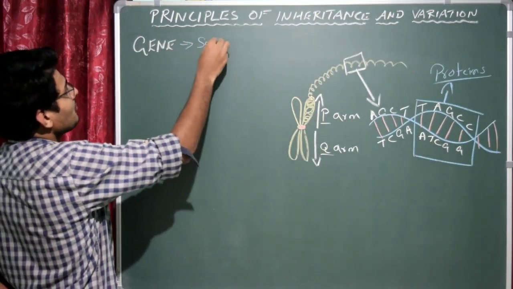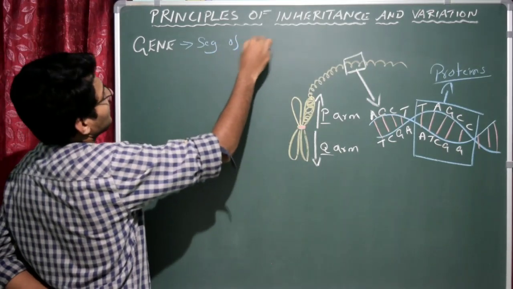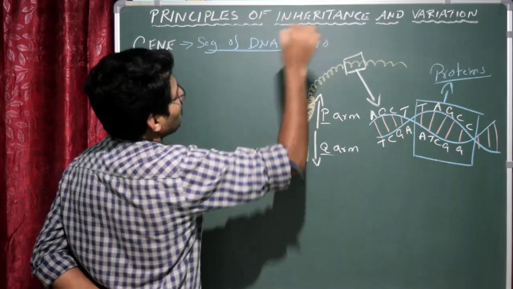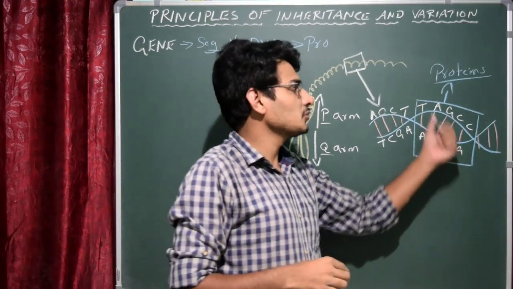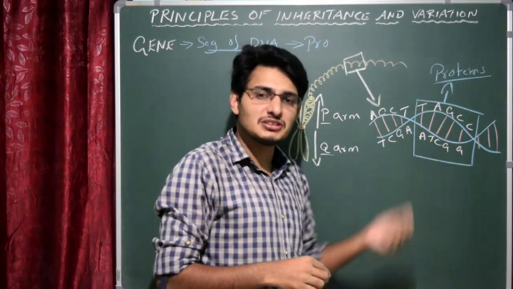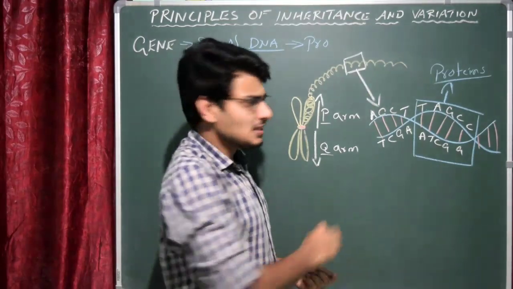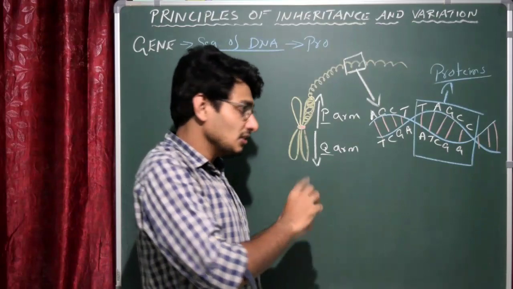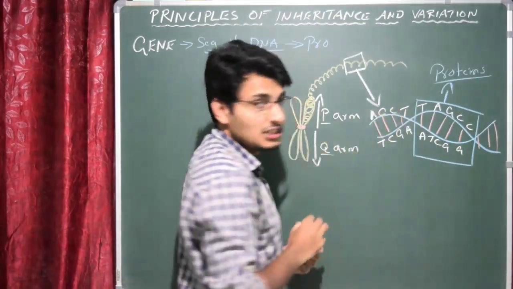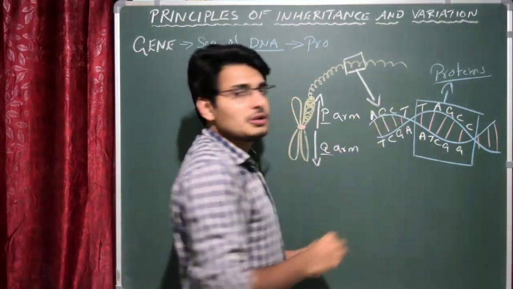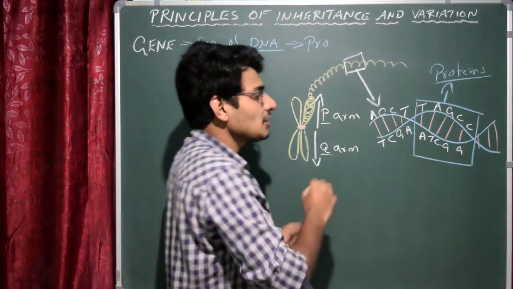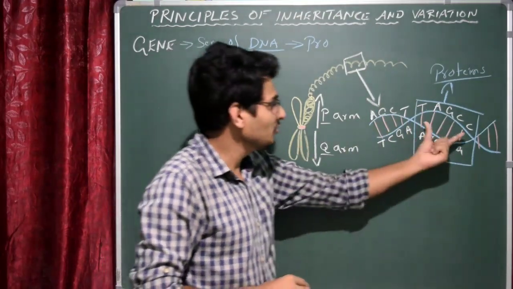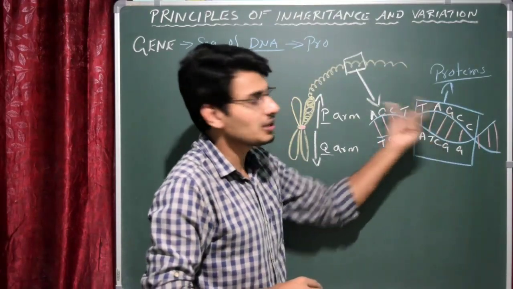Okay, so what is a gene? It is a segment of DNA which is responsible for the production of proteins. If the DNA segment produces protein, then that segment is called a gene. And one more thing is that the genes are not present throughout the DNA. That means actually I cannot consider this as a gene. If they produce protein, obviously I will consider it a gene. Otherwise I will not consider this as a gene. It is not a gene. Only in this particular DNA we see only one gene.